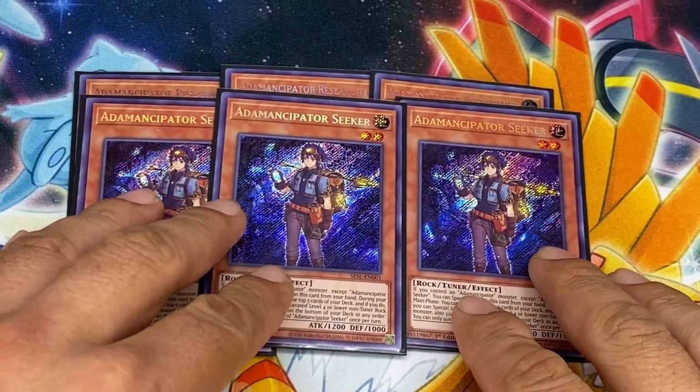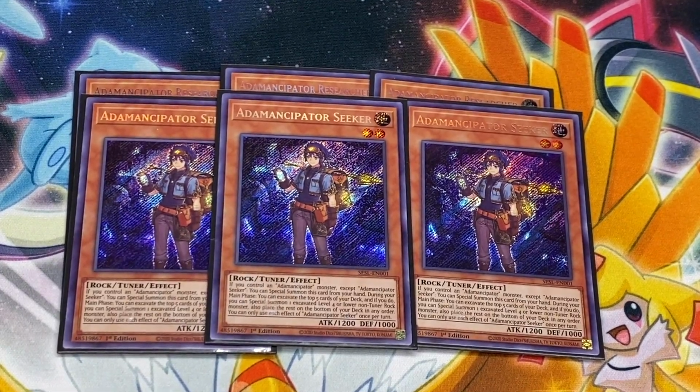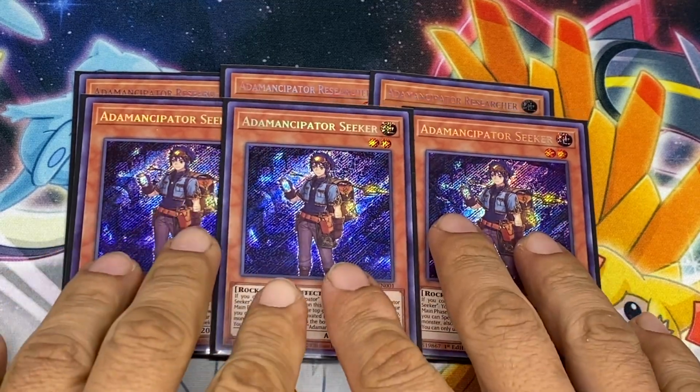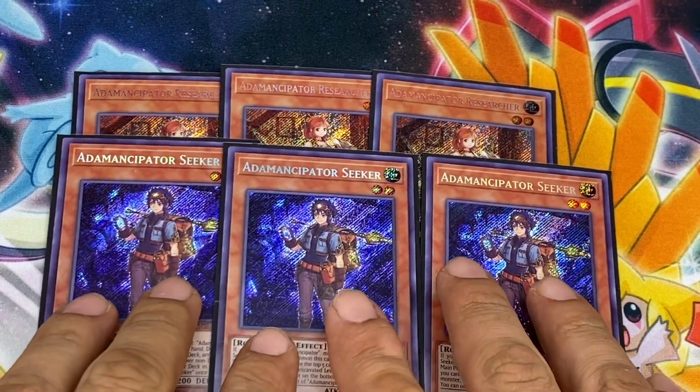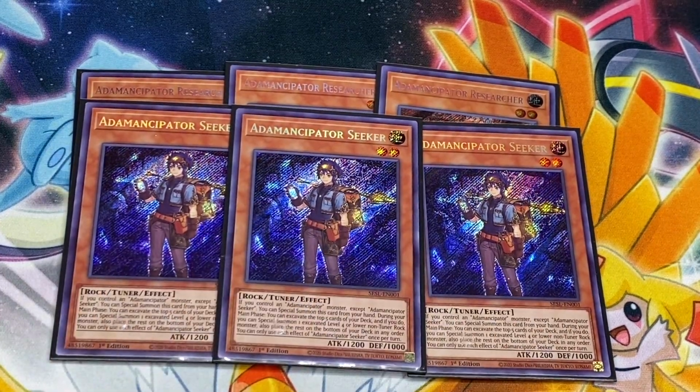Seekers. Now these guys, their requirement is if you control an Adamancipator monster except Adamancipator Seeker, you can special summon this card from your hand. So obviously, if you have both, you could pull off pretty good combos. You can see where that's going. And then also you run the 2